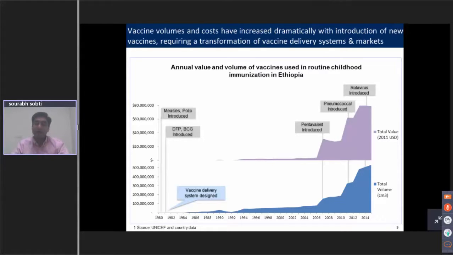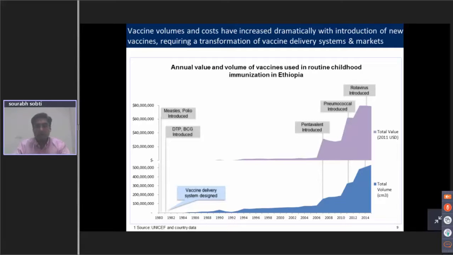That gulf has reduced significantly due to the role of various stakeholders such as country governments, Gavi, and the Gates Foundation. Now we see any vaccine which is rolled out in a developed country being available to developing countries within a few years, sometimes less than a year. So this obviously addresses one need where kids are getting vaccines, but also creates another opportunity where countries need to now invest significantly in improving their vaccine management systems.